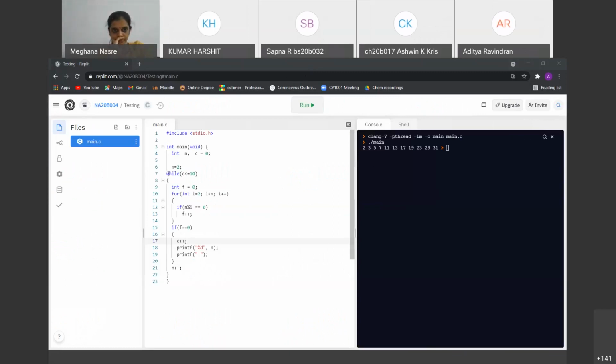Yeah, so this is a while loop for the counter, so it counts till 10, so that we get only 10 prime numbers, and then this is the logic for finding the prime numbers. So I'm starting from 2 and going till n, but actually we can have this till n by 2 itself, that will be enough. And then we are using a flag variable so that if there is something divisible, then we can use this to find that it's a prime or not.